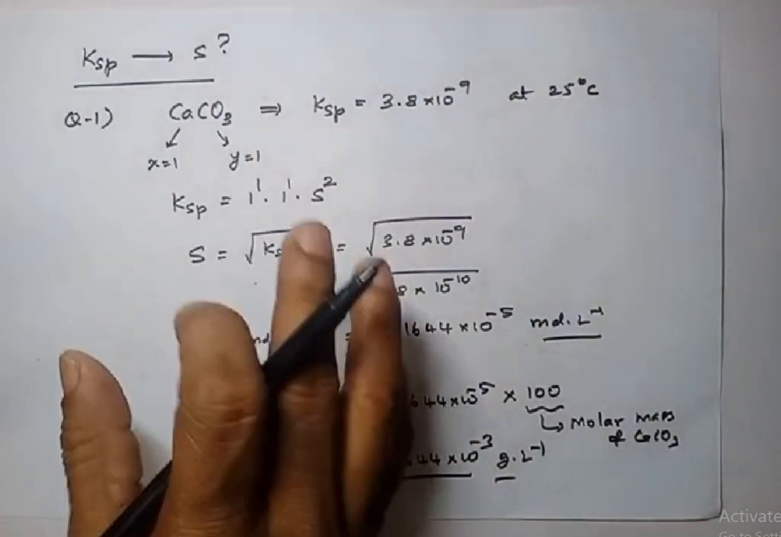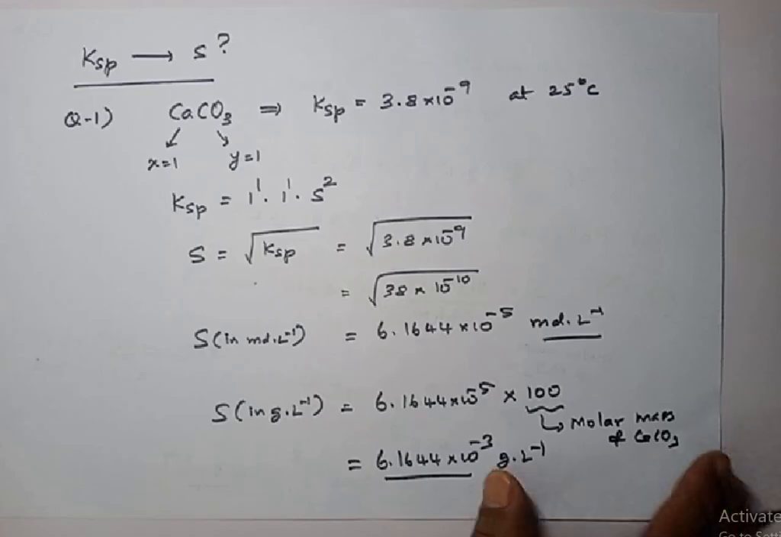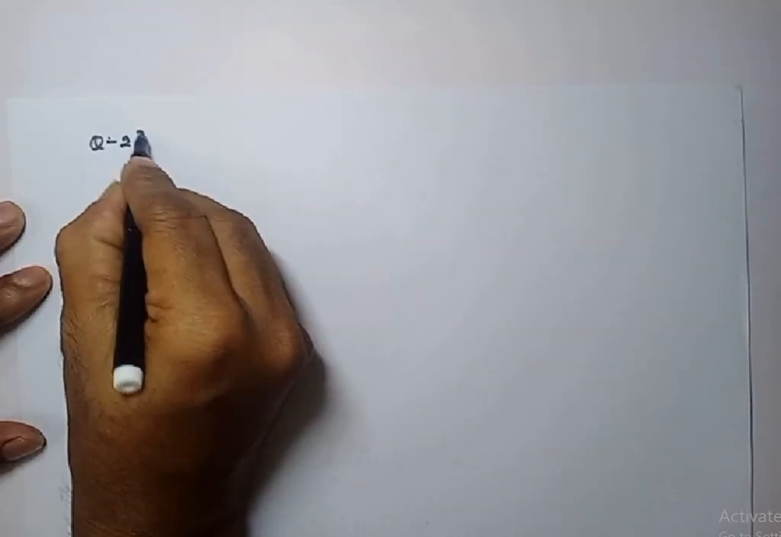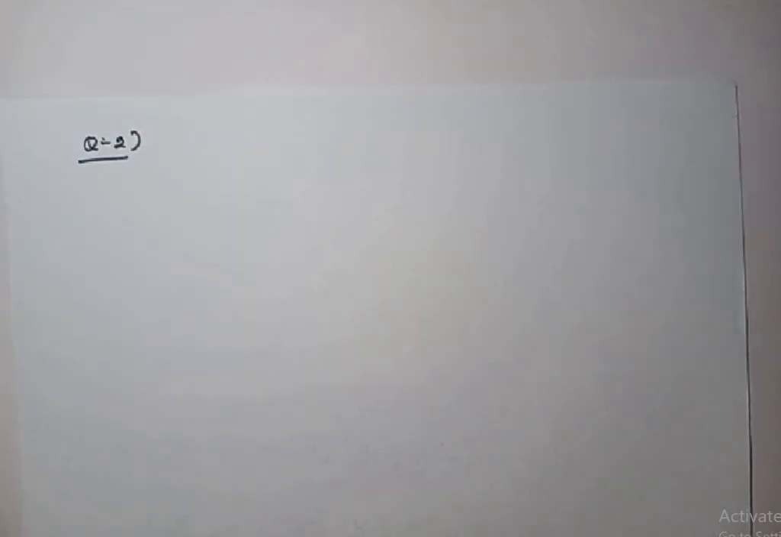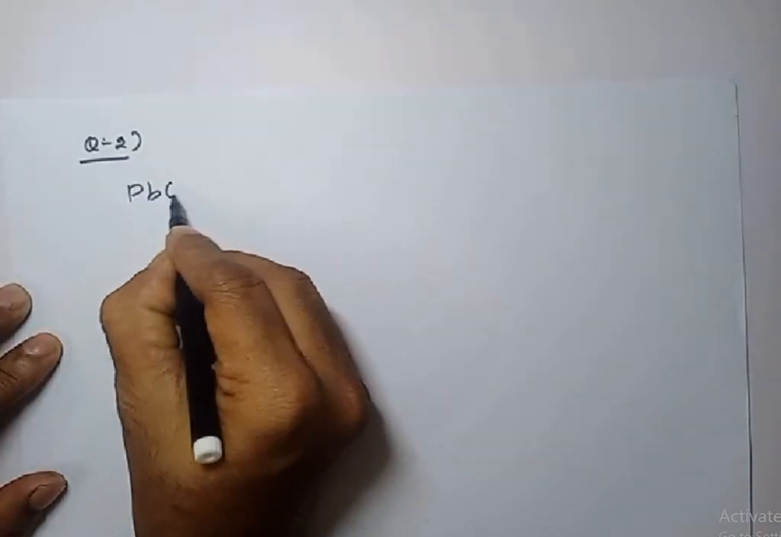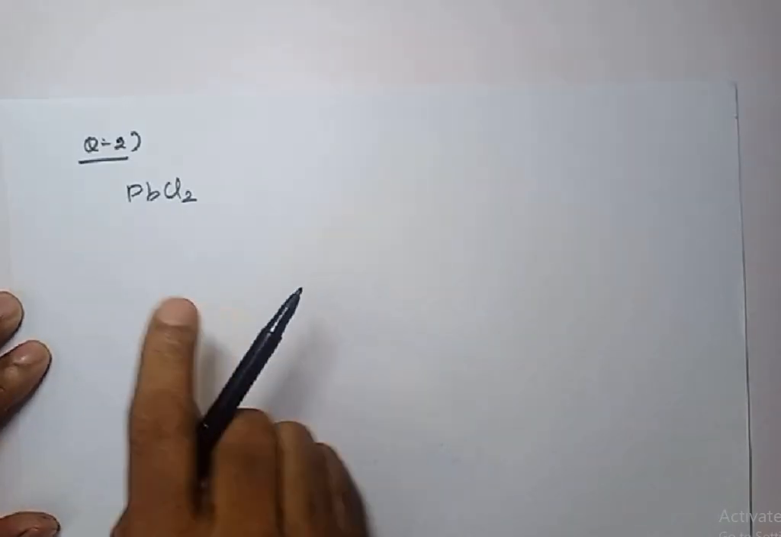Okay, now I'll do one more problem so that you will be a little comfortable about this concept. Let me take another problem. See how to calculate solubility from solubility product constant. Right. So now I take lead chloride, PbCl2. You know very well, lead ion